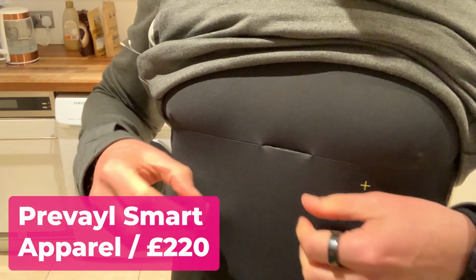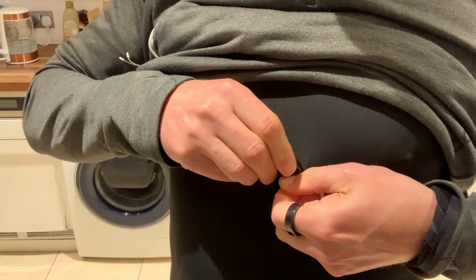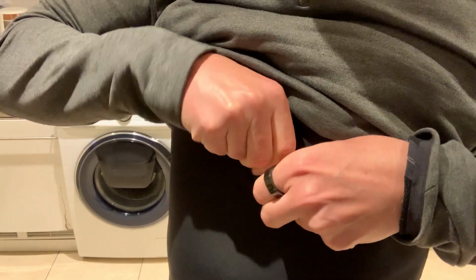I'm also going to be taking a look at this. This is the Prevayl, basically a smart sensor that goes into smart apparel like this. As you see, it slots into this base layer. Within the base layer, you've kind of got what's almost like a built-in chest strap. It's a little bit more smart than that, but essentially what it's doing is tracking all your running heart rate